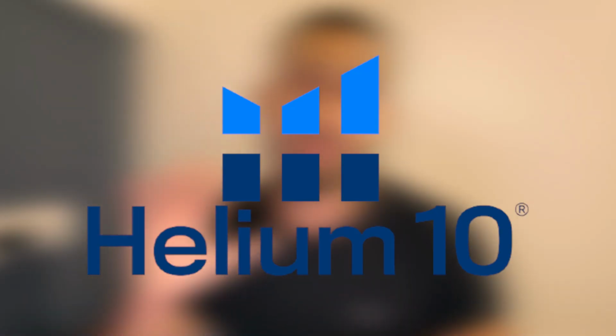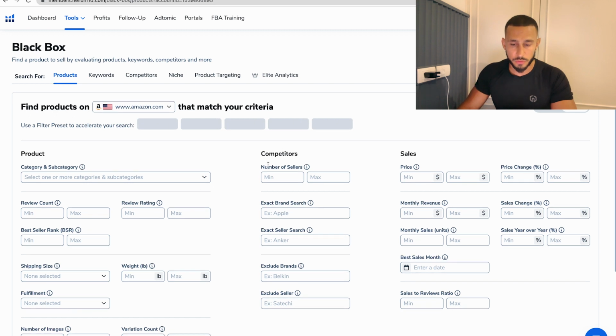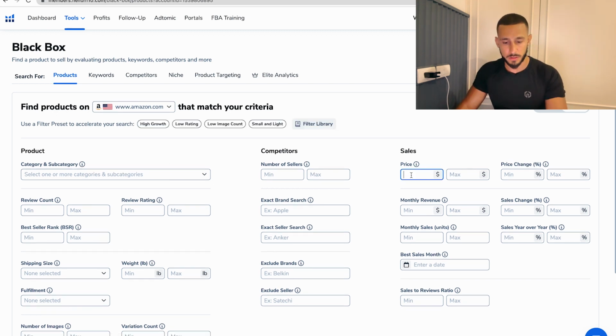And if you want to find the right product to start selling on Amazon and grow an Amazon business, definitely use Helium 10. I've used probably Jungle Scout, Helium 10, Viral Launch. Most accurate one is Helium 10. So you just go to Black Box here, and you can filter through a couple of things here. I personally would put $15 minimum,